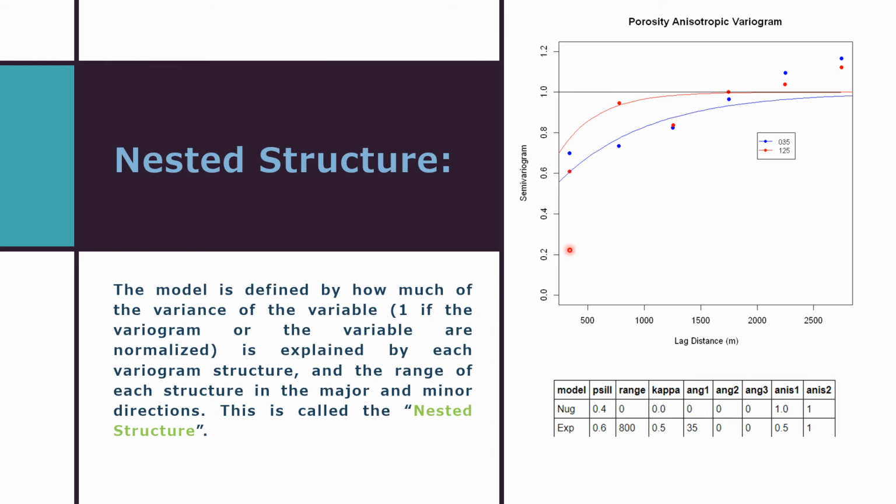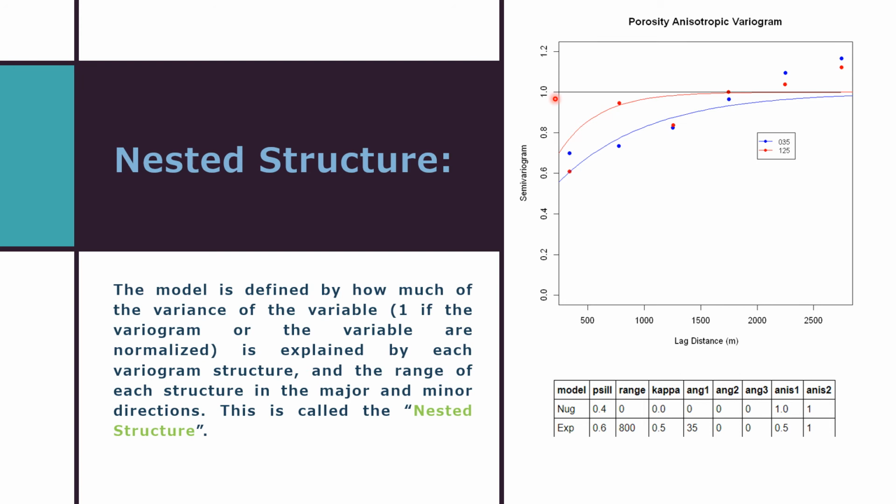So if you have looked closely at the variogram plots that have been shown up to here, there's always a line, a horizontal line at 1 in every variogram model. This is what we call the variogram sill, and it's not supposed to be actually 1, it's supposed to be the variance of the variable. But it's 1 because we usually standardize the variance to be 1